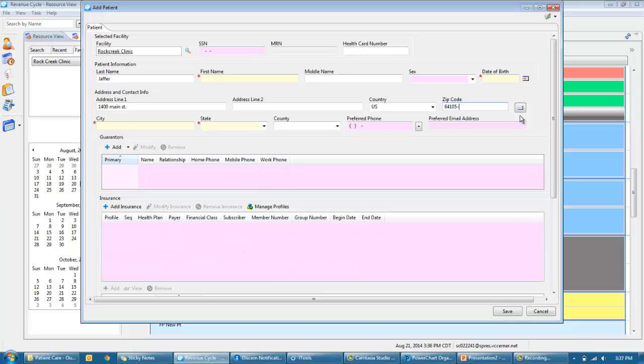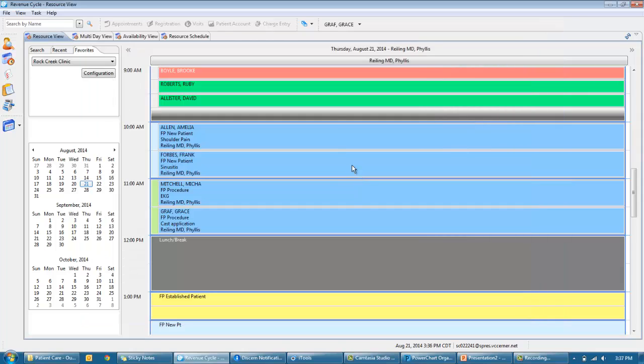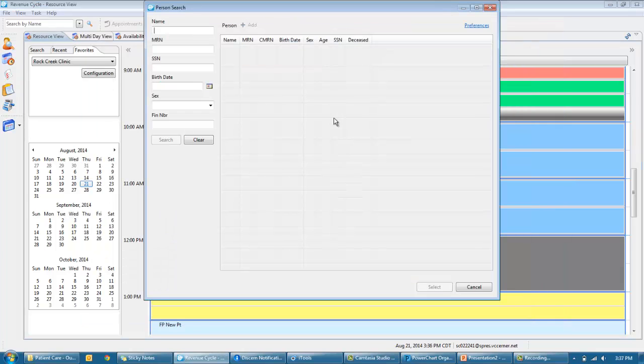If we sent a piece of mail to it, would it be delivered or would it get returned? You'll notice that as soon as I check it, we were returned with a green check mark, which indicates this is a real address, and the remaining pieces of that patient's address have populated. Now at this time, we would want to get all of the additional details for our patient Vicki, but